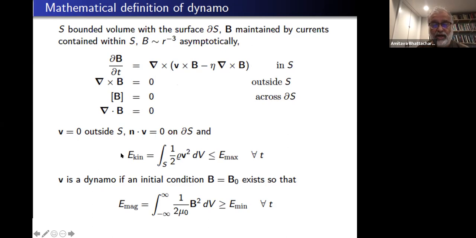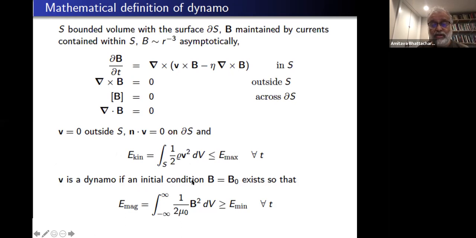Then you can define the kinetic energy. The kinetic energy is half rho V squared, and imagine that it's a finite energy system. You don't want to deal with infinite energy systems. It's a separate mathematical issue, but imagine that the kinetic energy of the system is finite and bounded from above by E max. So a mathematician's definition of a dynamo would be: V causes a dynamo